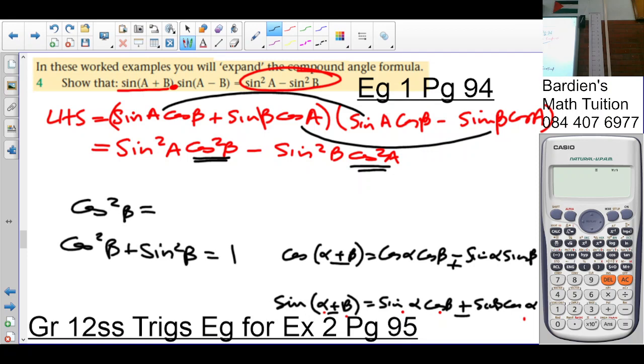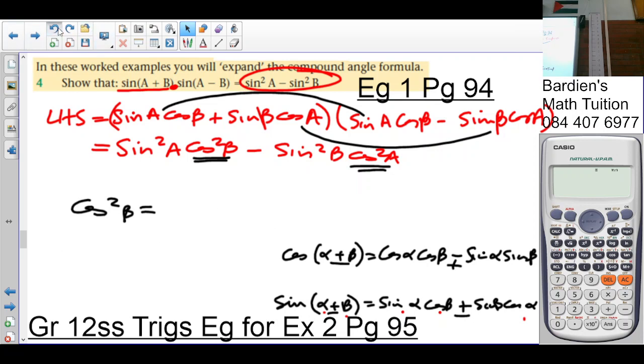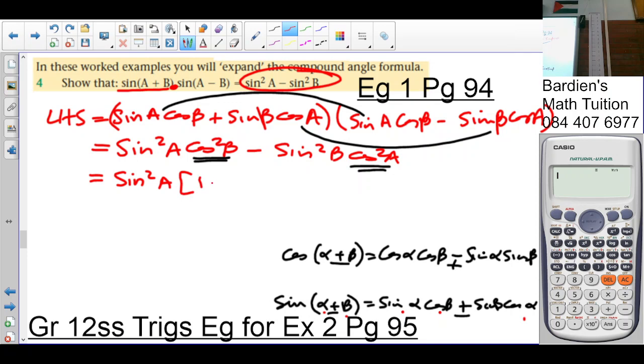So cos squared B is also the same as 1 minus sine squared B. You guys see that? Okay? So with that in mind, now I'm going to say that it's going to become sine squared A into 1 minus sine squared B